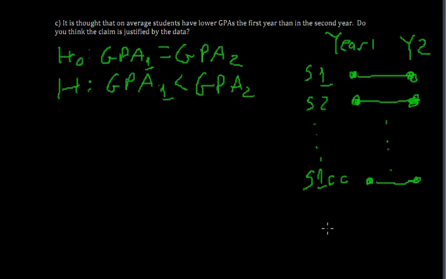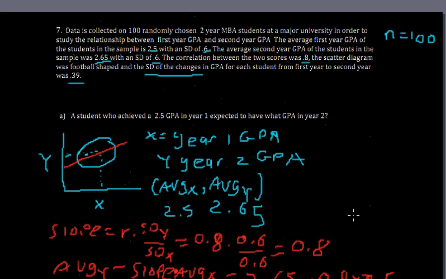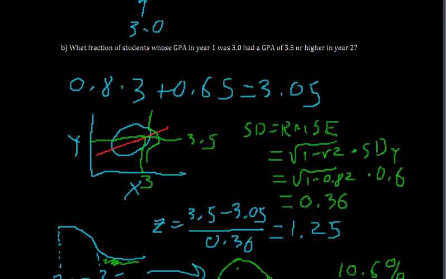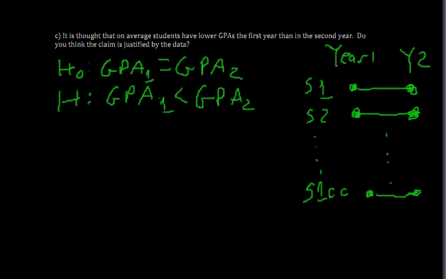So we'll go back up to the top, right? The average in the first year is 2.5, and the average in the second year is 2.65. And what we care about now is the SD of the difference. These guys, not important because they're not two independent samples. That was useful for our regression. But this right here, this 0.39, is the guy we want. So we want to compute the SE. So the SE for the difference